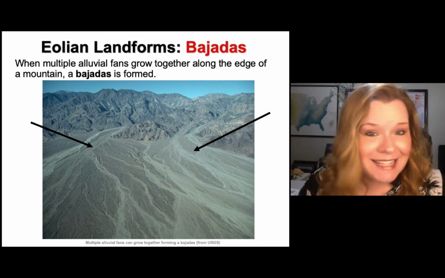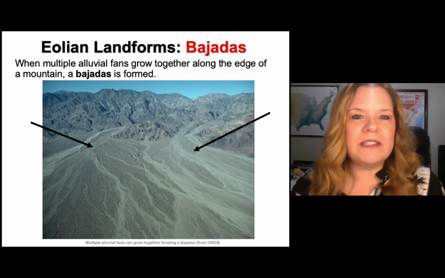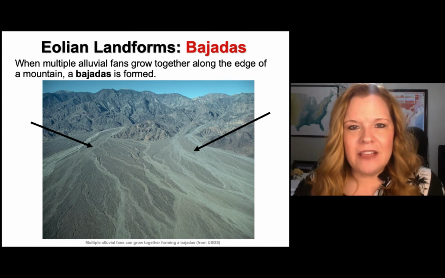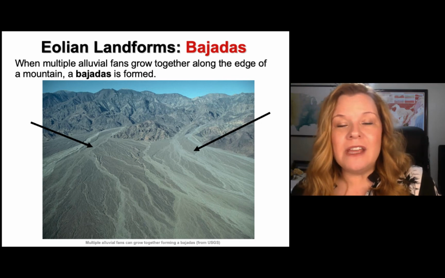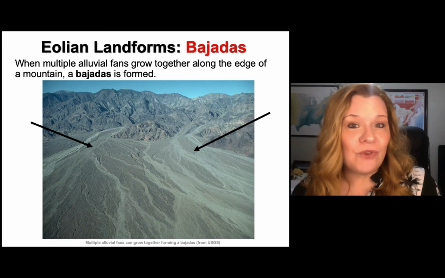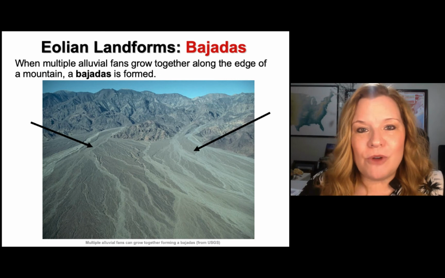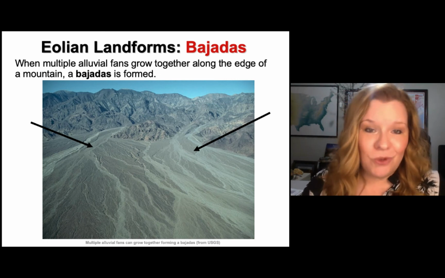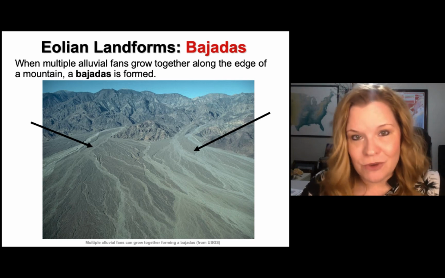We call that a bajada. And bajadas are actually kind of cool because in places out in the desert in the United States, especially where the citrus farms are, maybe down by Tucson, there's a lot of bajadas, and they provide the fertile soil that is enriching to help them grow crops. So the next issue would be, how do you get the water? That's a whole other concern when you're out in the desert, if groundwater or surface water is available.